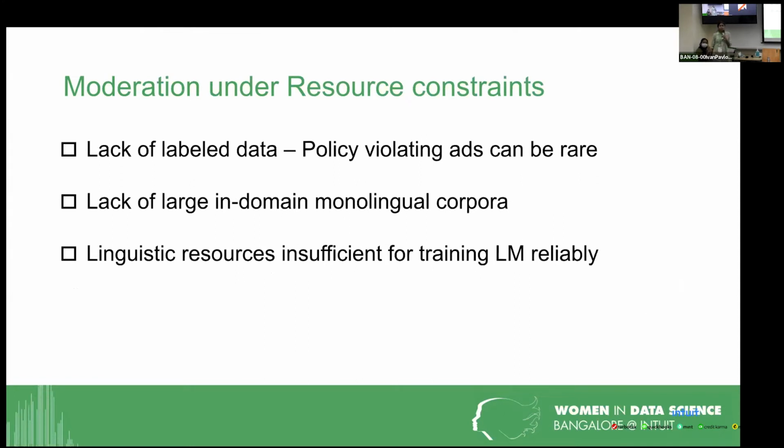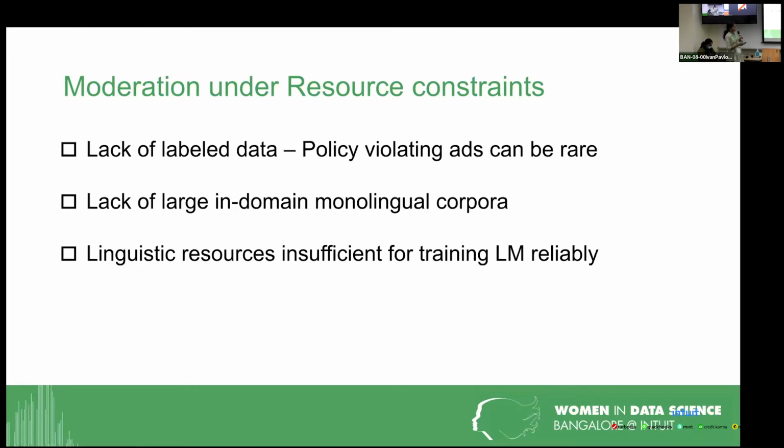The second paper is about doing moderation under resource constraints. So what are the resource constraints here? It is related to label data. It could be that the label data is small in number, but of course you have a huge amount of unlabeled data. Or let's say you're learning a model across languages to do the moderation task. Then you might have limited data in a particular single language, but you still have data sets across languages.